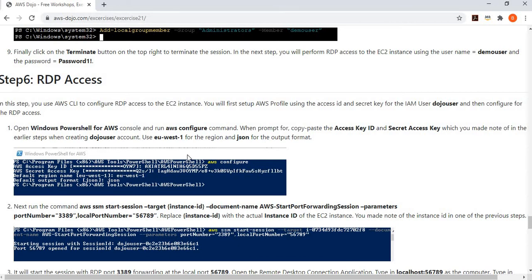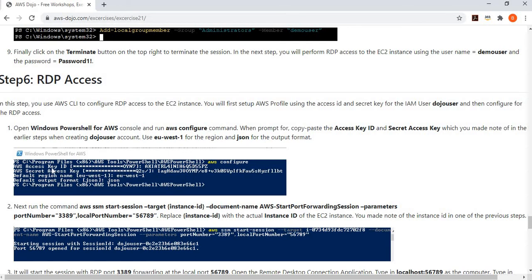Once you install AWS CLI, this console becomes available on your local machine. So you open this console window and then you run this command AWS configure, and this command is used to create AWS profile on your local machine, and then this profile is used by AWS CLI command